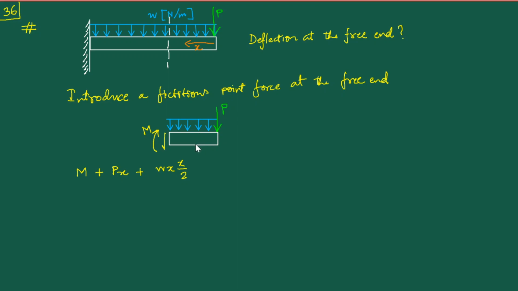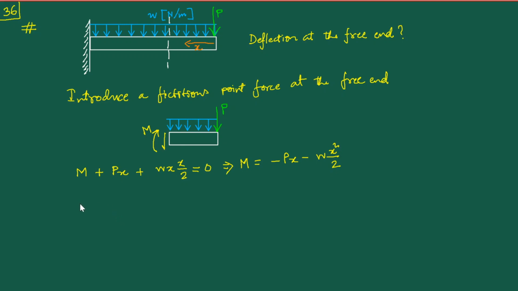Nonetheless, I would encourage all of you to think about what we could do if this were not uniformly distributed. So with this we can find the expression of M, which is just minus Px minus Wx square by 2,